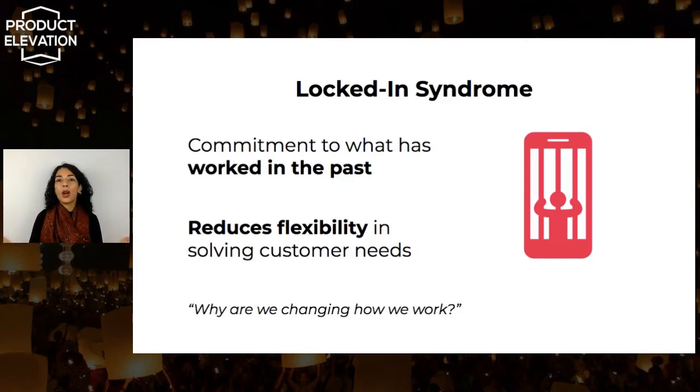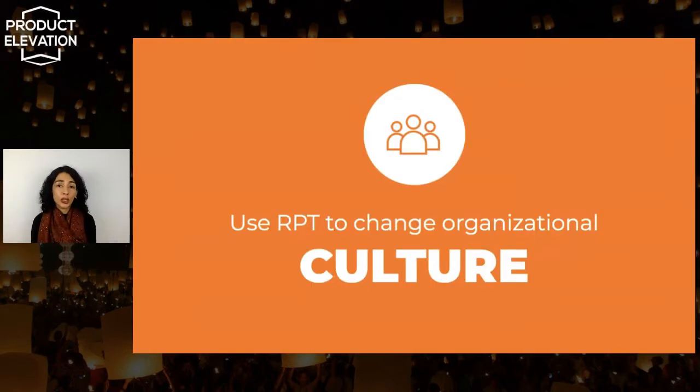I see that this product-led transformation requires new ways of working. But what are these new ways of working? And why do I need to do this? I just don't get why. What we were doing was so wrong. We need to address this locked-in syndrome so that product managers can be more effective at applying these ideas of radical product thinking. So what do we do?